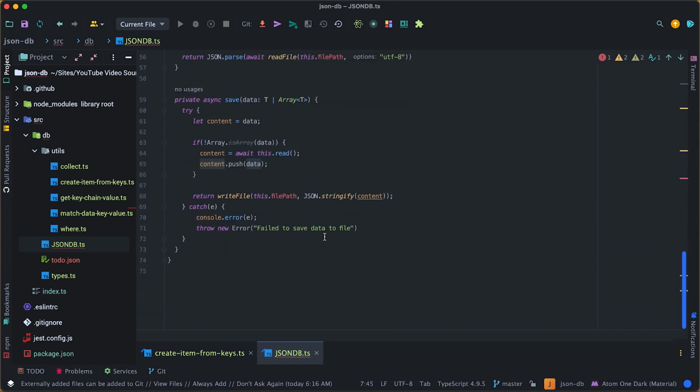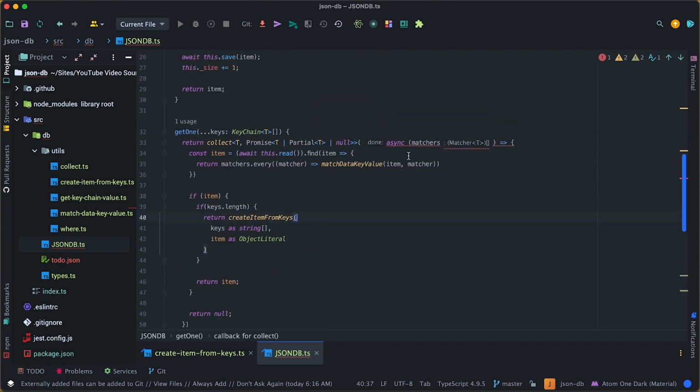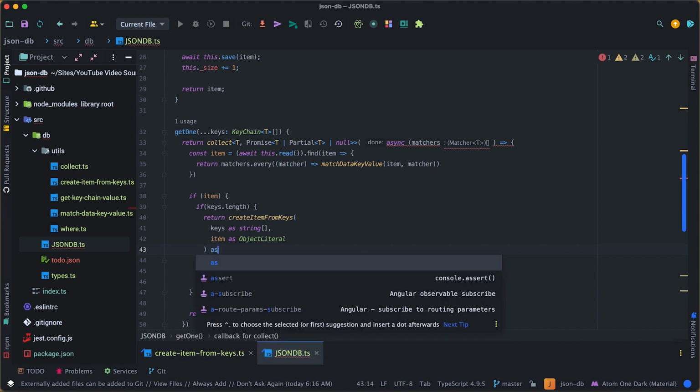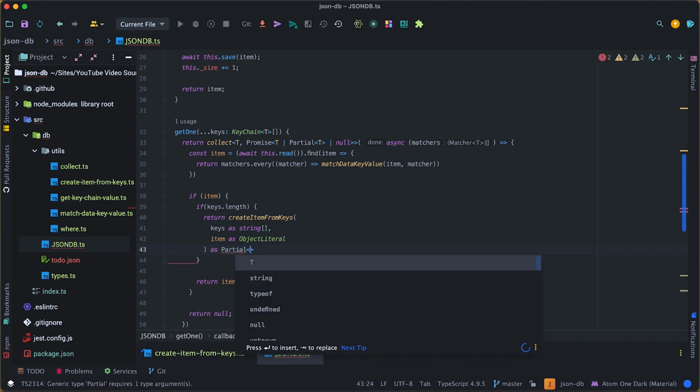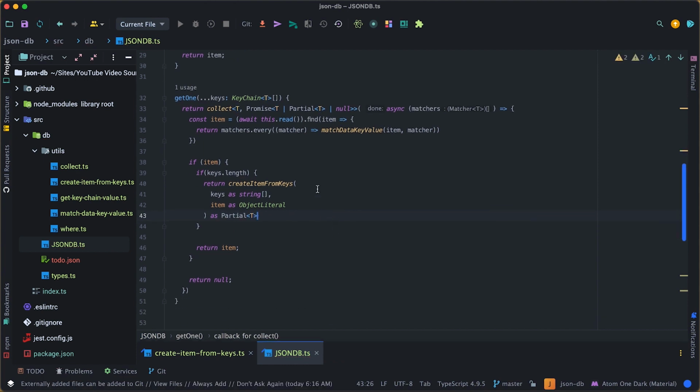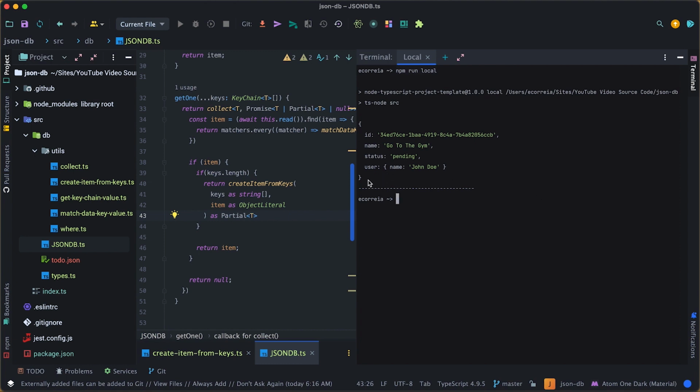Let's see, do we get any freak-outs from this? So it's saying something not right, so we're gonna say, hey, calm down. This is actually returning a partial T. Yes, beautiful. Now we know if we provide item keys, we can create an item from there, and from the right we just return as is. So this is what we had before. So if I run this thing again,